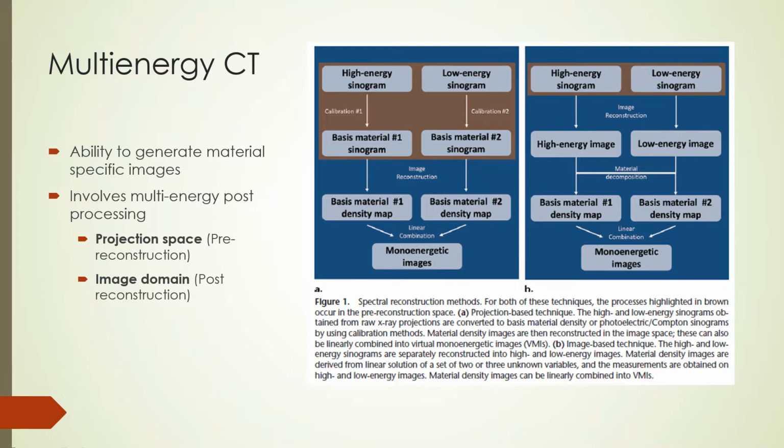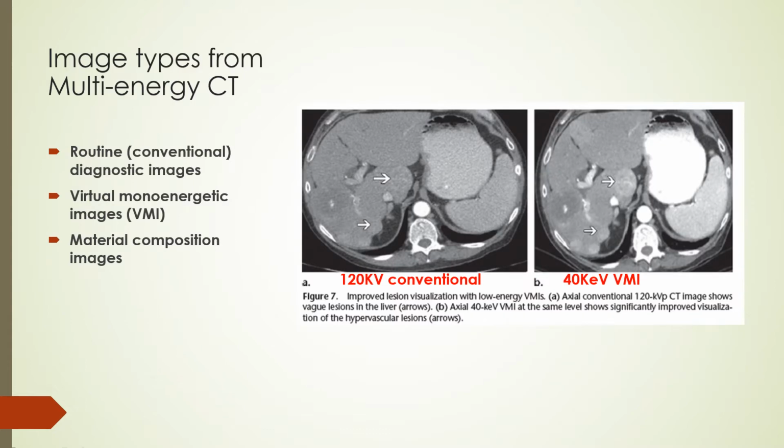A material decomposition is used to create density maps of the basis materials, and a linear combination is used to create monoenergetic images. The figure shows the method for both techniques. Unlike single energy CT, multi-energy CT generates numerous image sets. There are routine diagnostic images like what you get from single energy CT scanners, in addition to virtual monoenergetic images